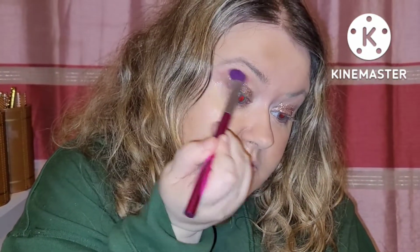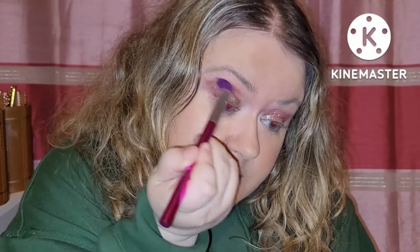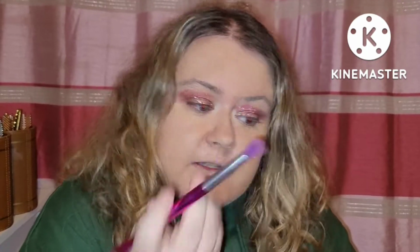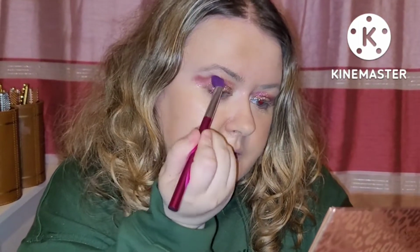Right, so I'm going to take my brush, this one, and we'll see what Hint looks like. So I'm trying to do a different look than usual, something more unique to me anyhow. I'm a pink girl, so trying to veer away from the pinks and maybe do something a bit different. This Hint shade is coming across a little bit pinky purpley, but